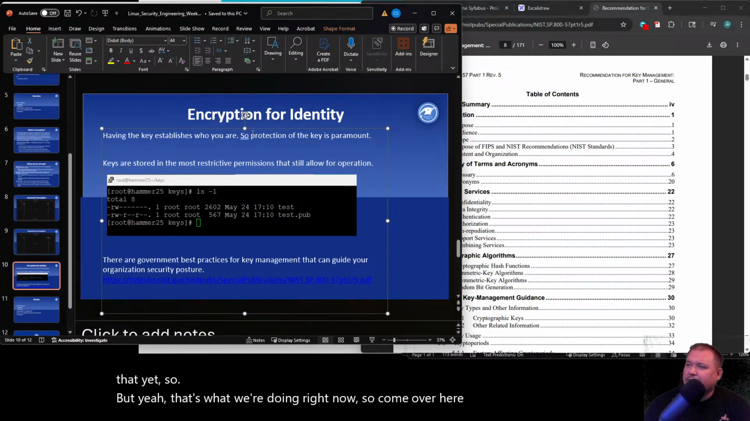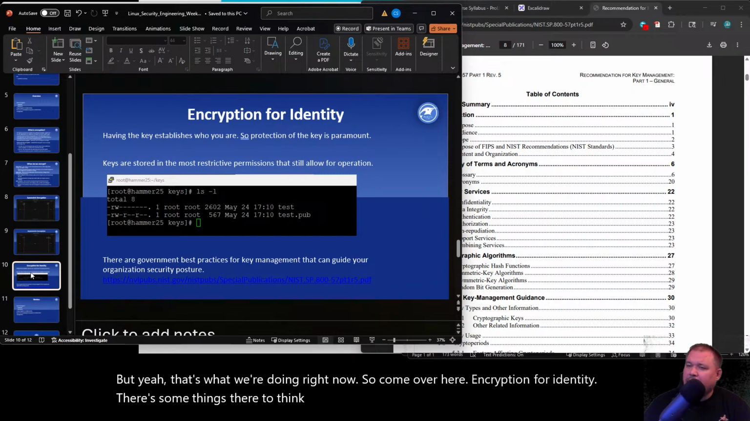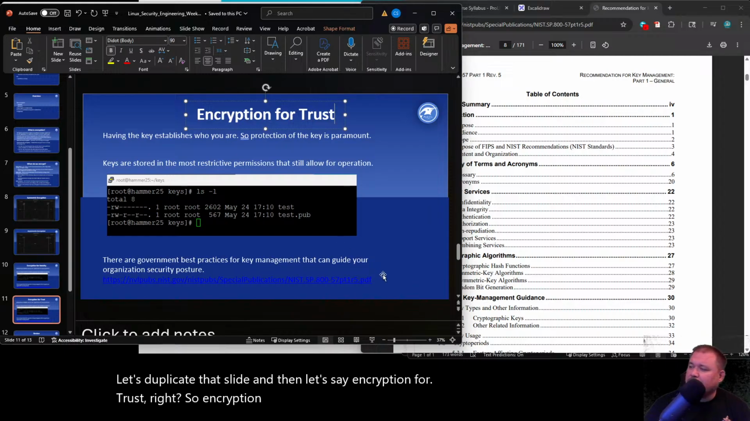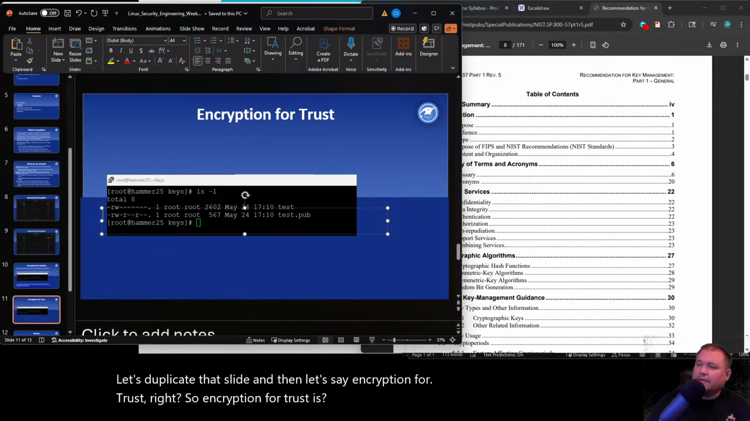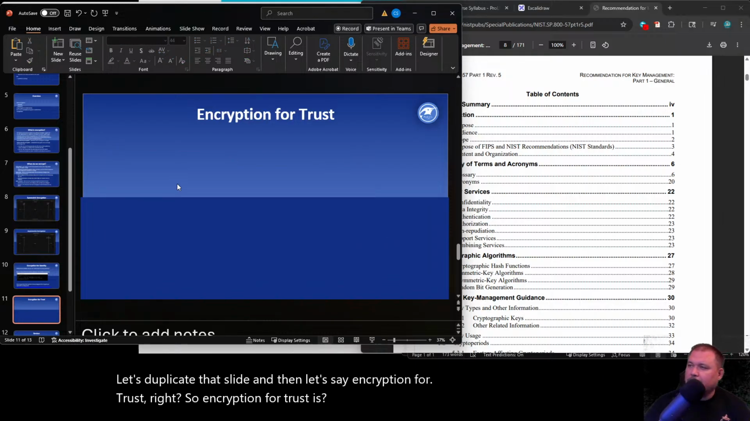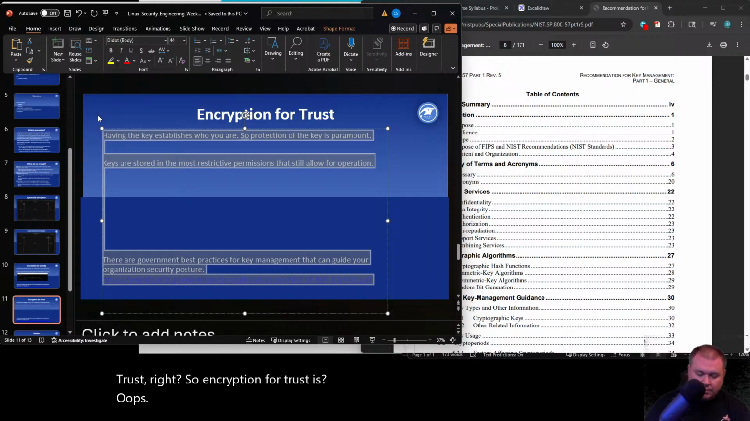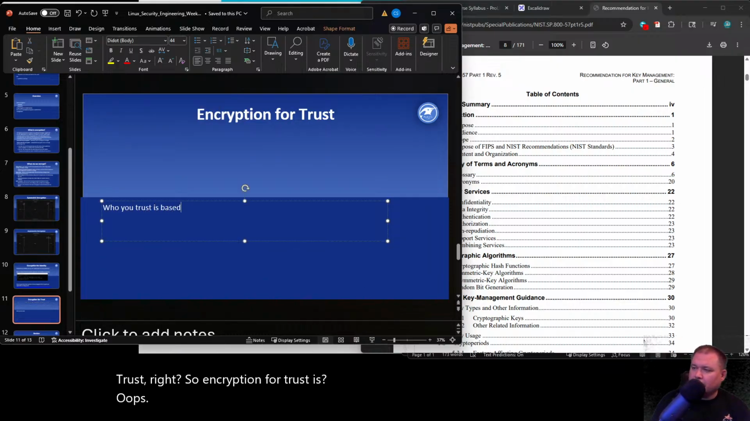So come over here, encryption for identity. There's some things there to think about, and then let's duplicate that slide, and then let's say encryption for trust, right? So encryption for trust is who you choose to trust, or who your system trusts, is based on authority. Authority can